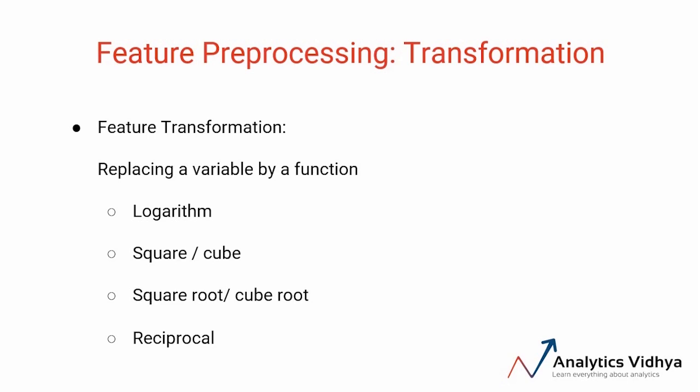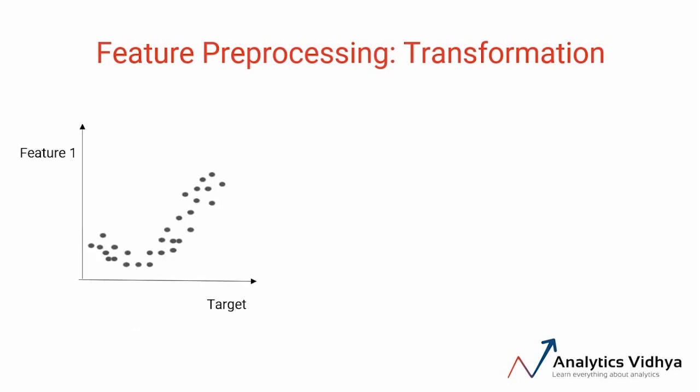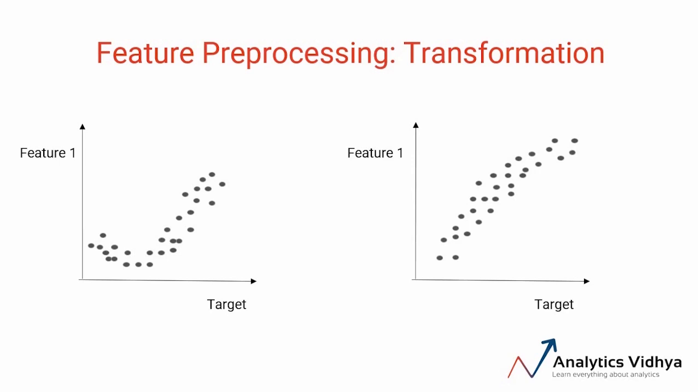But I'm sure you're wondering, why is this important? And how can we decide when to use which technique? Well, it varies from case to case. For example, look at this plot. It shows a relationship between a target variable and a feature. This shows that the relationship is non-linear. And we know that for some models like linear regression, it's good to have a linear relationship between the dependent and the independent variables. So in this case, we should transform a variable in a way such that the relationship between the target variable and the feature becomes linear. So this method is very model specific.